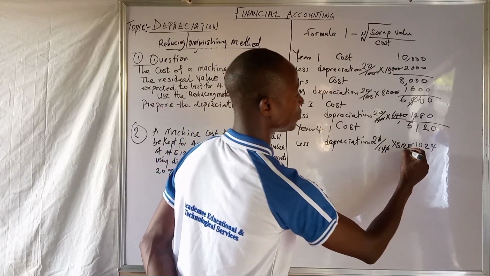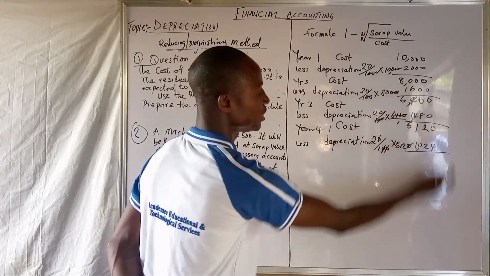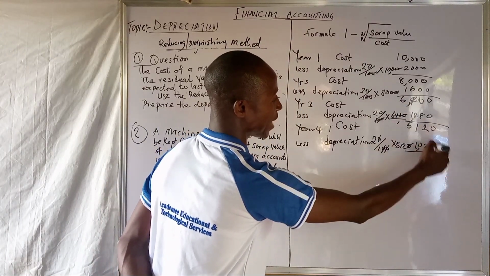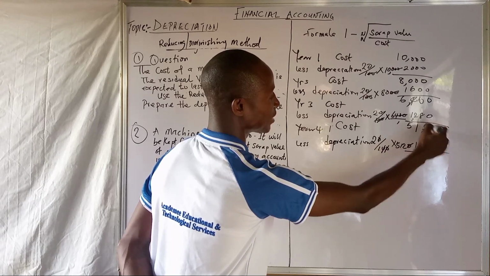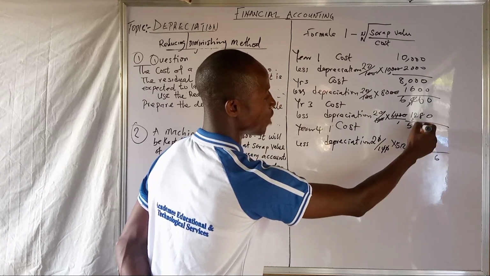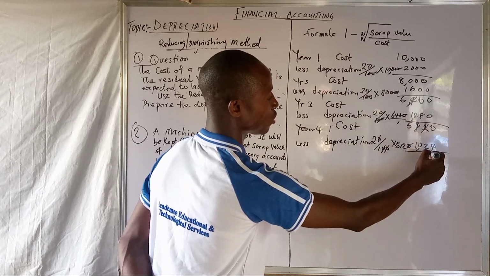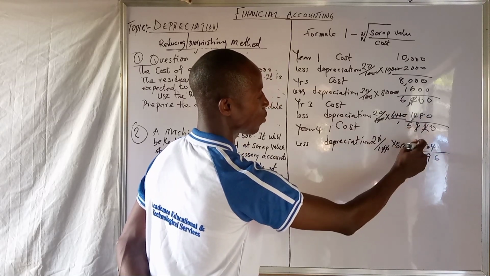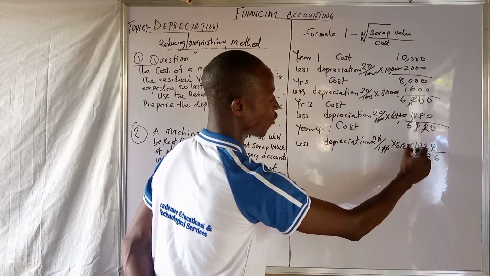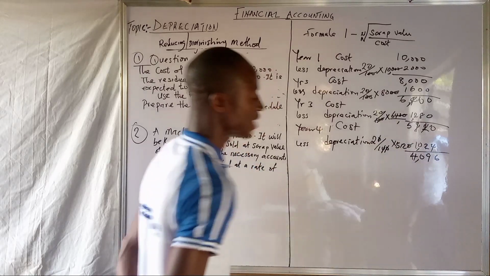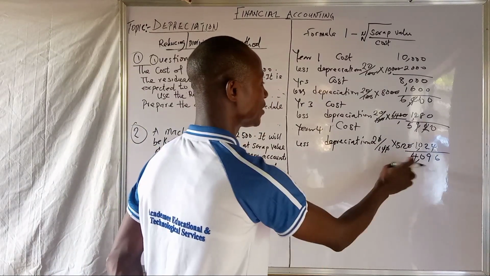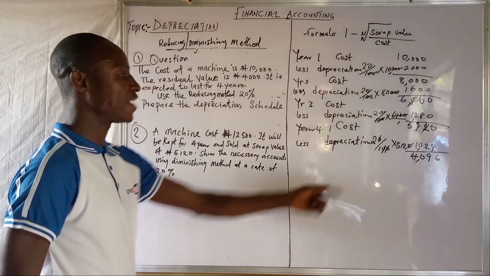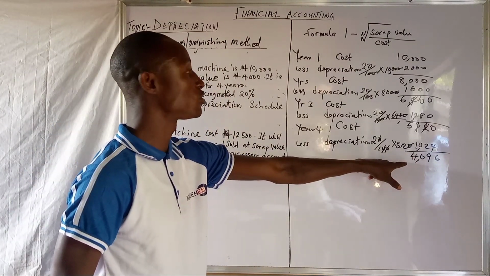So 1,024 naira. When we reduce this one, you discover that you borrow 1 from here. This is 10, 6. Then 2 away from 11 also is going to give you 9. Then this 0 away from 0, 0. 1 away from this, that is 4,096 naira. That one will be the scrap value for the end of the calculation of the reducing method for